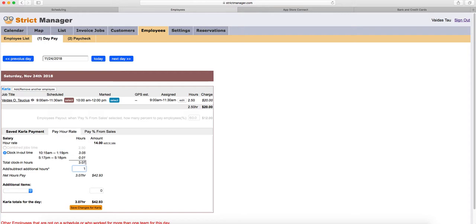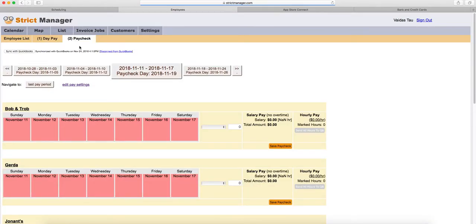Let's add one more hour. Maybe the employee did something for 1 hour in the office. That's 4.07 hours, and we save changes for the day for the employee. Now what we do, we go to the paycheck section,